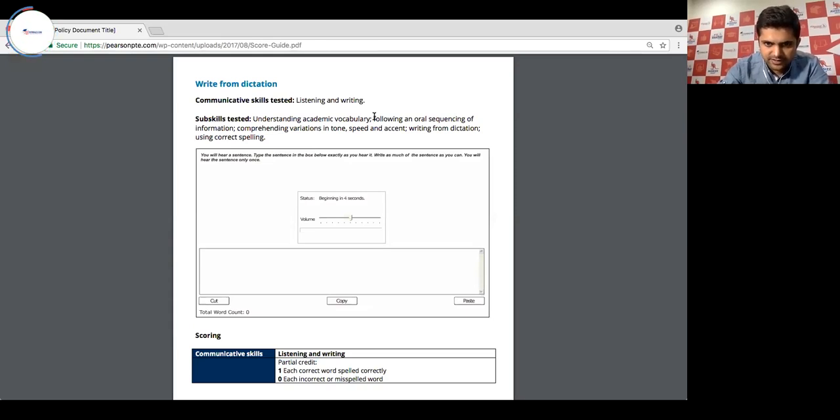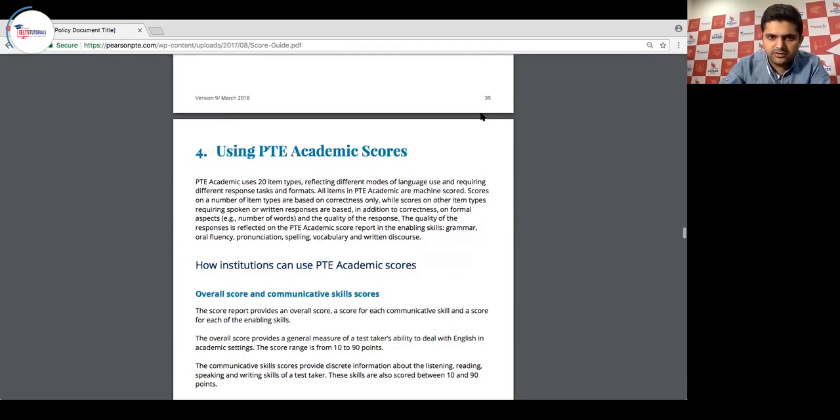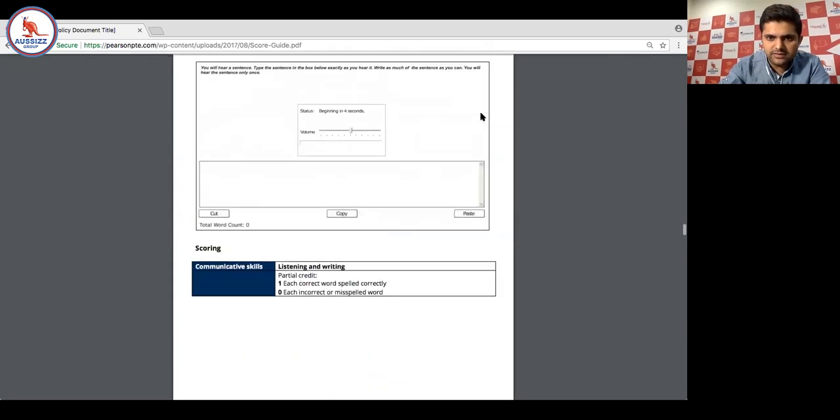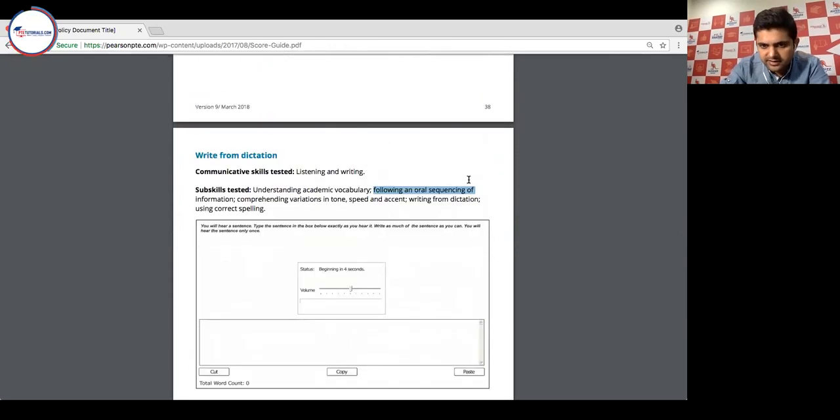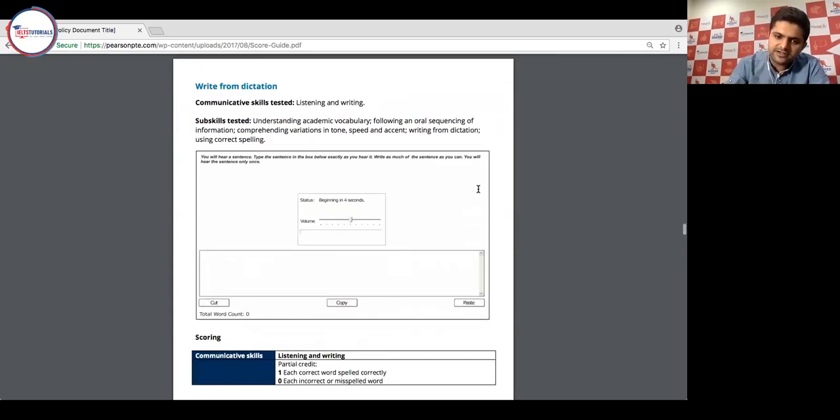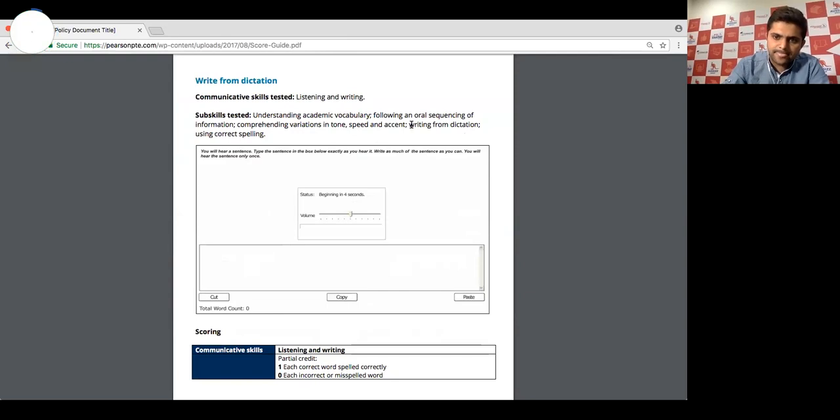Here, the second point that they are mentioning is following an oral sequencing of information. That how well can you follow an oral sequencing of information? So here they're clearly mentioning the sequencing of information, that how is the information sequenced. So although there is no clarification here, I would suggest that until and unless it is very, very important, or you're not sure, don't write